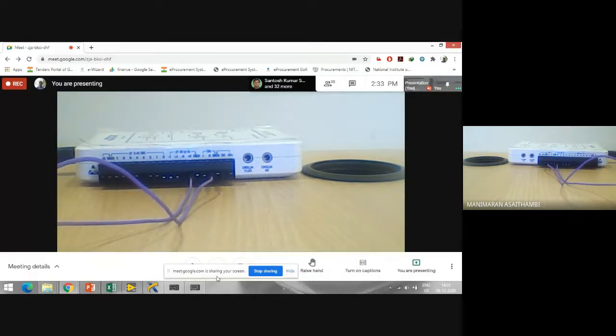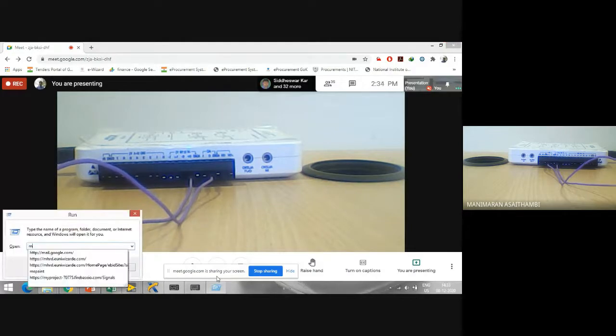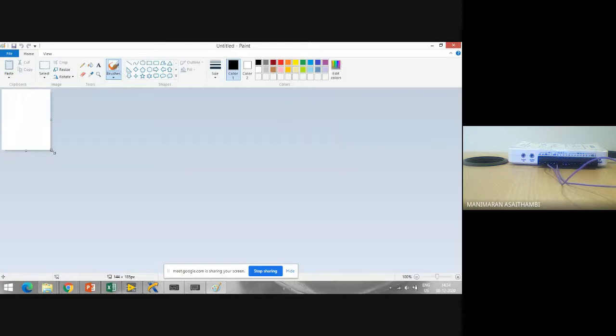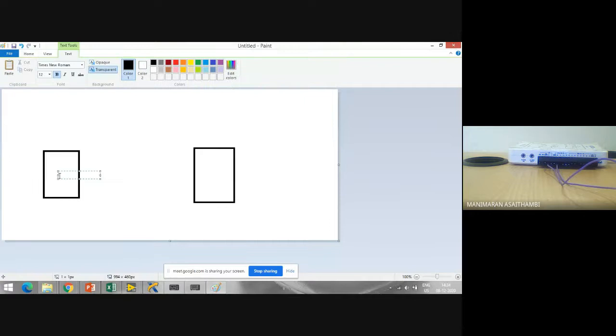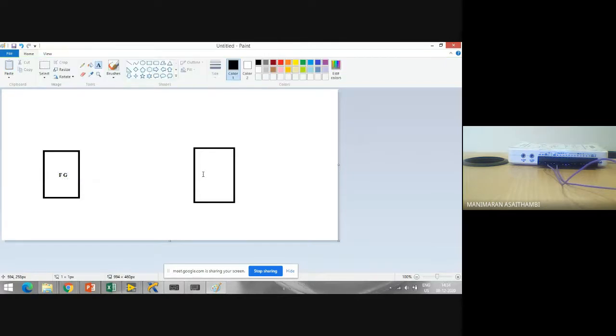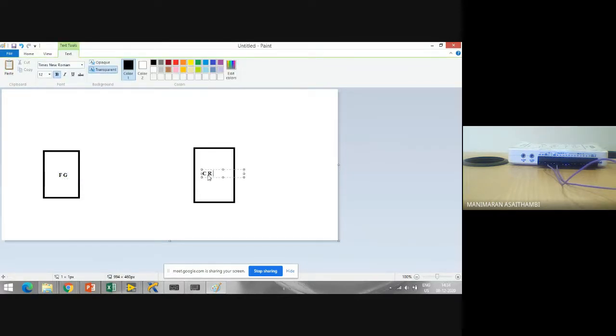To be very simple, in my DAC card I have two parts: one is my function generator and the other is the oscilloscope. This is my FG and this is my CRO.